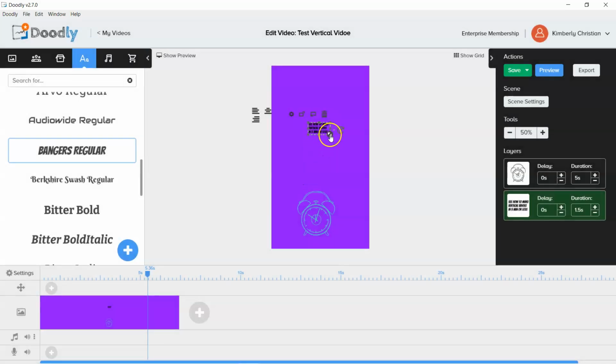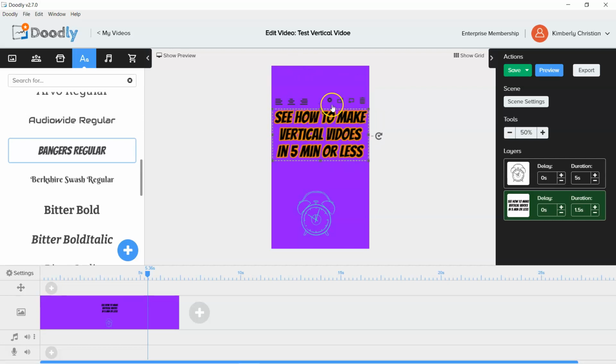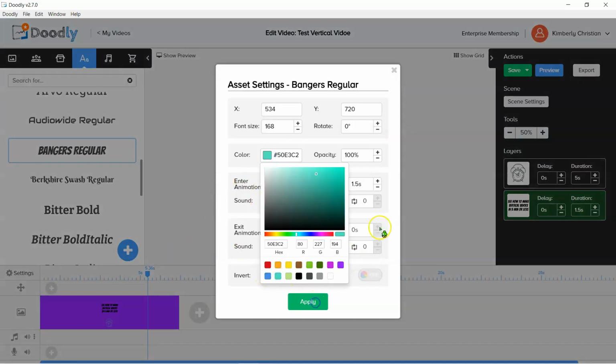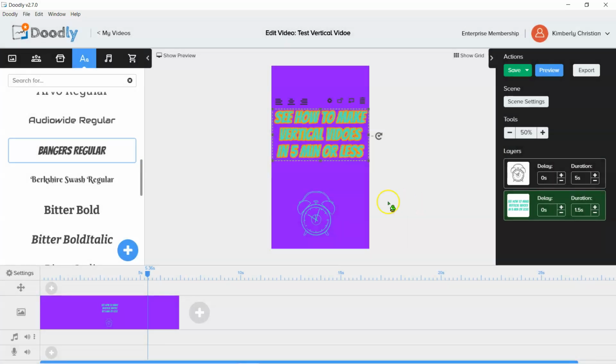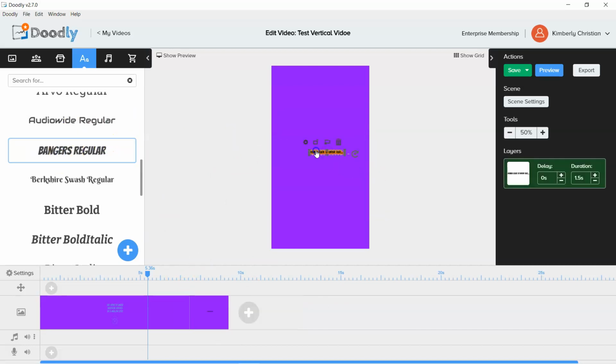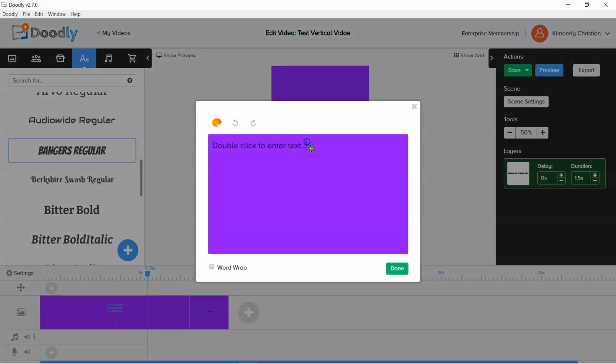Say done. So it's very similar to the other one. Put it in the center. And we're going to change the color real quick. And then we'll add this on. It's still going to be the same background. And we're going to change this to